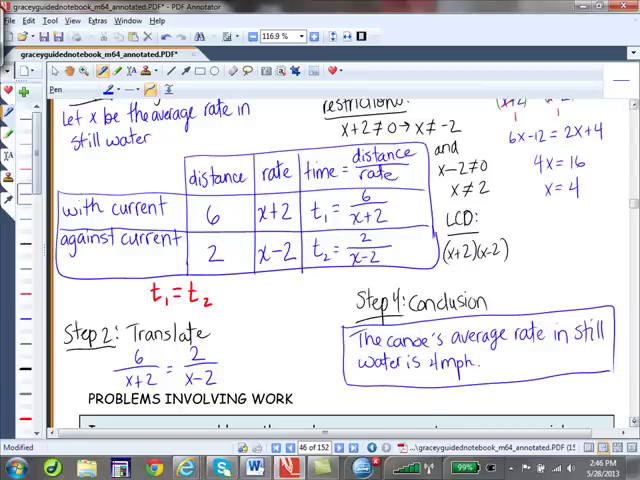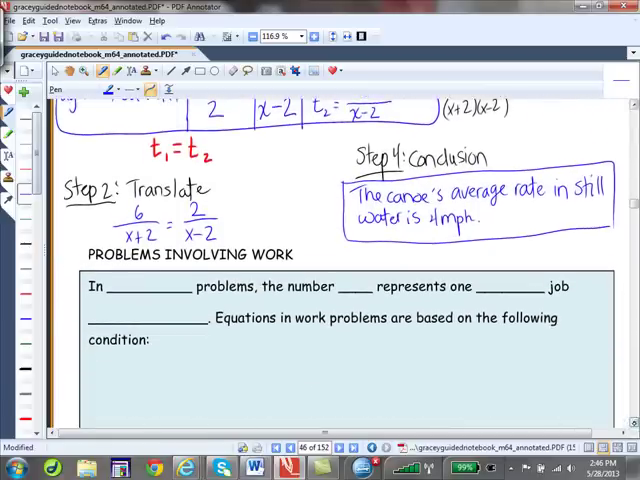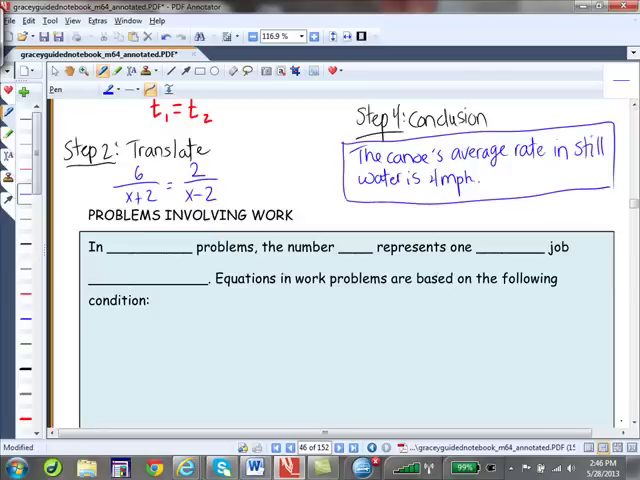Now, another type of application that yields a result of a rational equation to solve are work problems. In work problems, the number 1 represents one whole job completed. So if I can complete a job, say, in 2 hours,